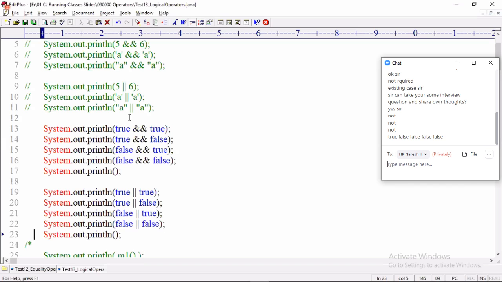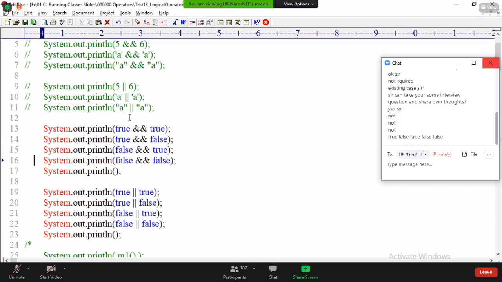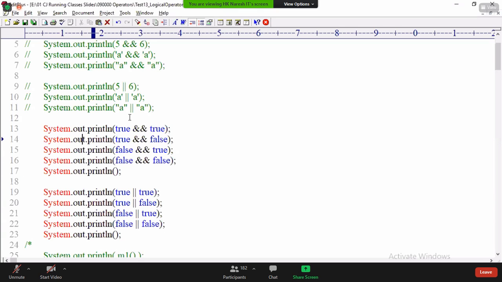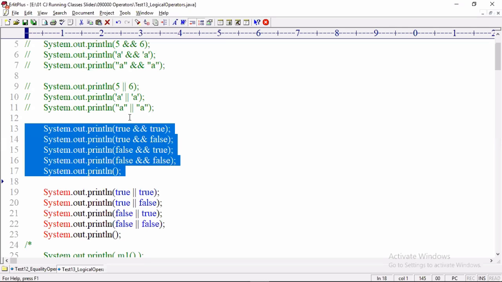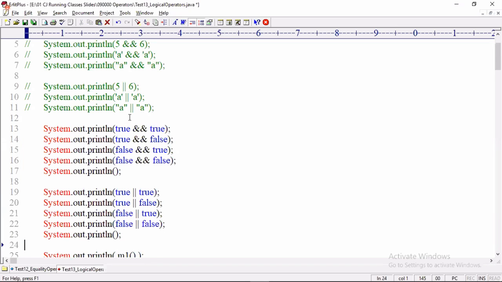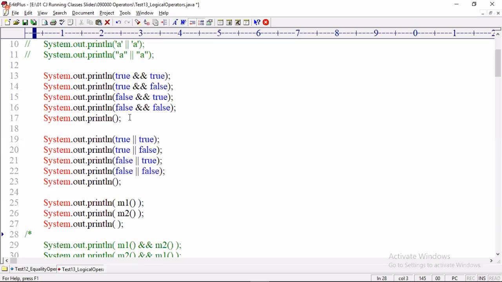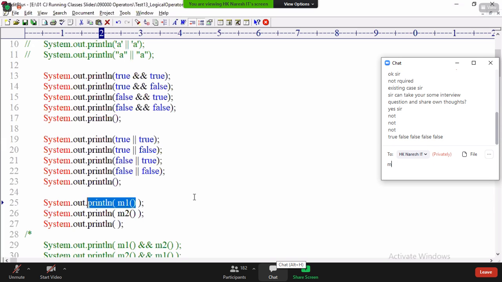Now, I wanted to prove that if the AND operator's first operand is false, the second operand is not executed. Here, can you see whether the second operand is executed or not? No, because it's a literal. If you want to see some message, you have to display it on the console with an SOP statement. Then observe, I am writing two methods, M1 method and M2 method. Everyone remember, if you are calling a method as part of a println argument, it must be a non-void method.